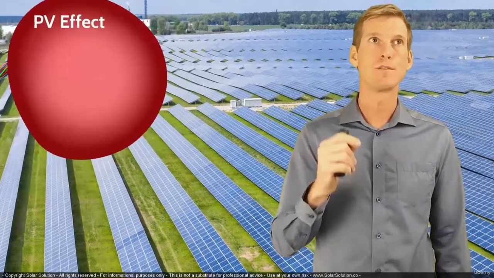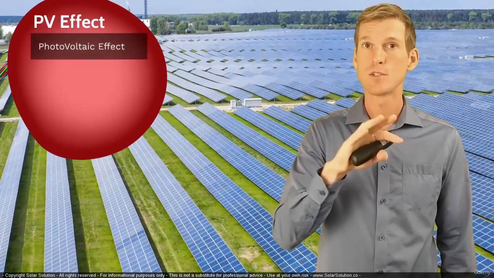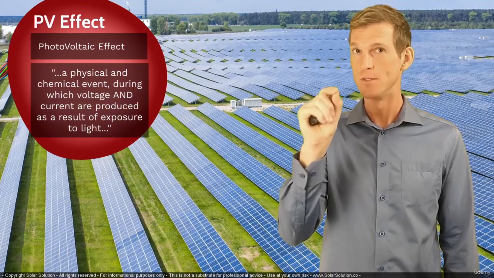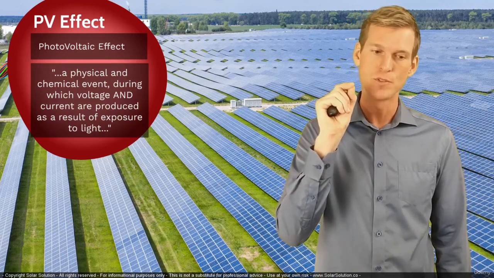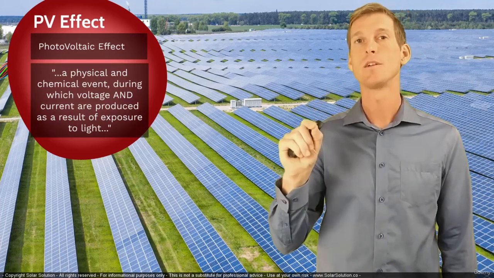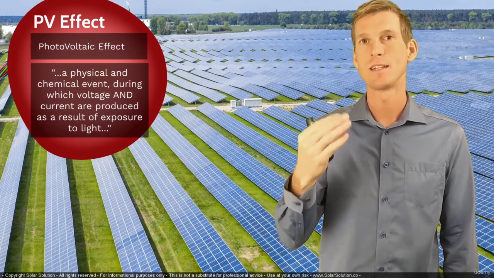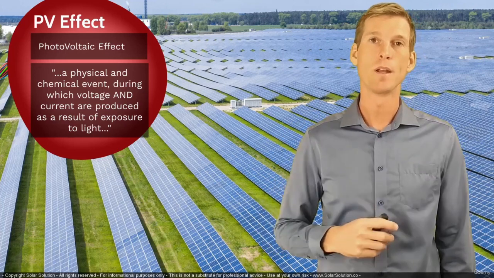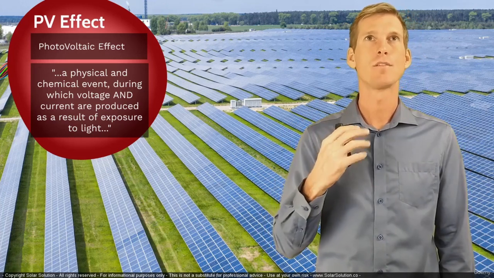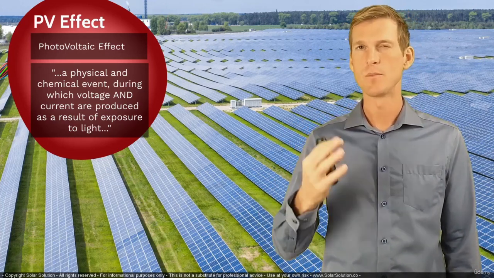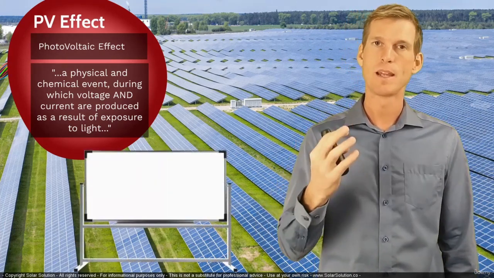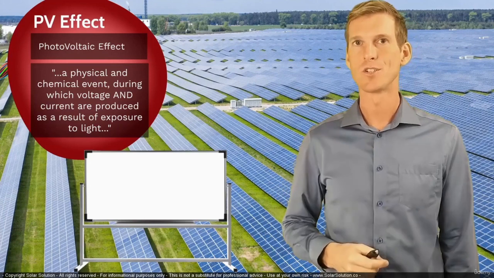So the photovoltaic effect is both a physical and a chemical phenomenon whereby both voltage and current are produced. This is really important, remember this. So you're producing both a voltage and a current as a result of the sunlight hitting your solar panel. Now that's just a technical description of how a solar panel works. I find it easiest to explain things with a diagram. So let's go to the whiteboard and let me use the whiteboard in order to explain how a solar panel and how a solar cell actually works.